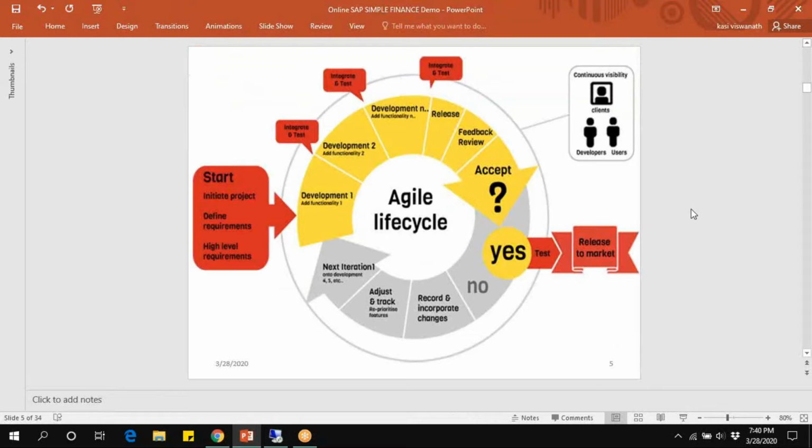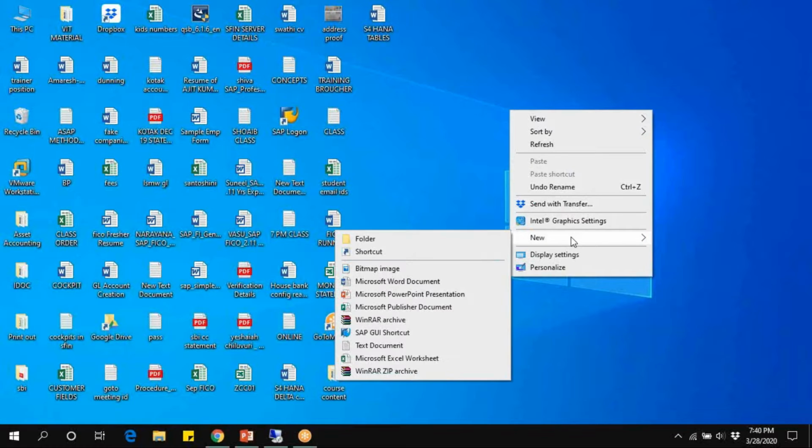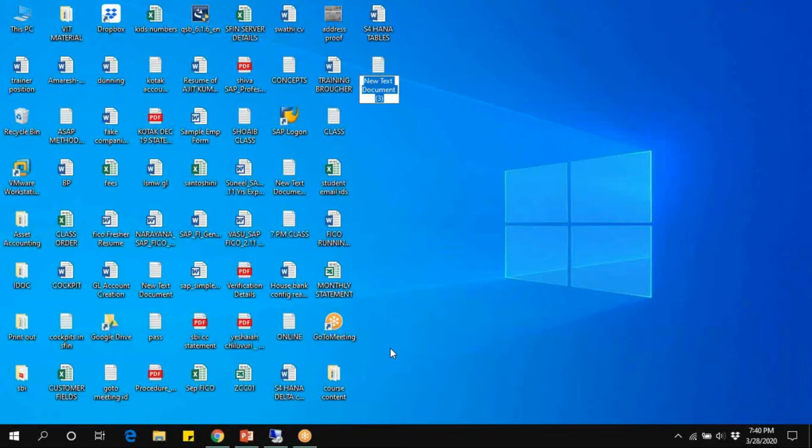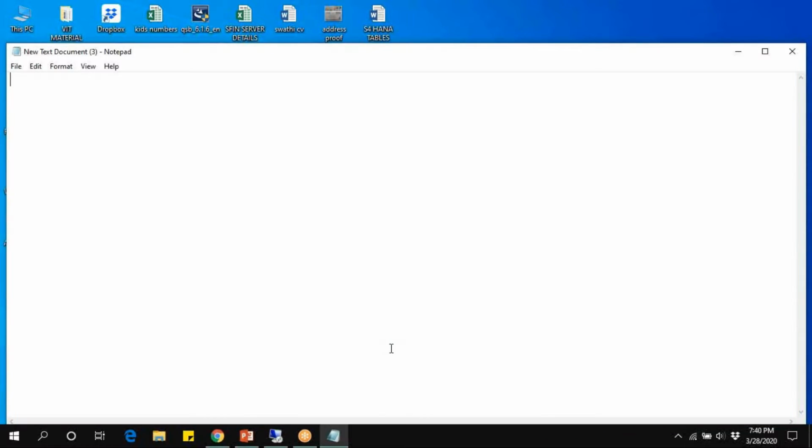In HANA also, we have three different types of editions: on-premise edition, second one cloud edition, third one hybrid.